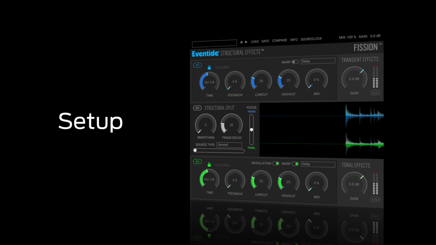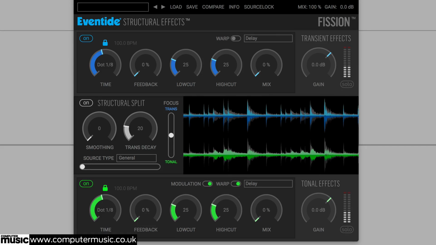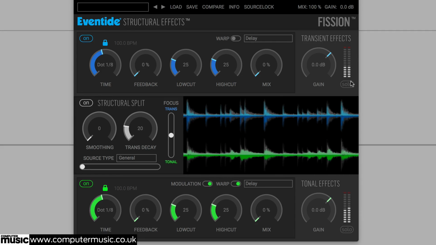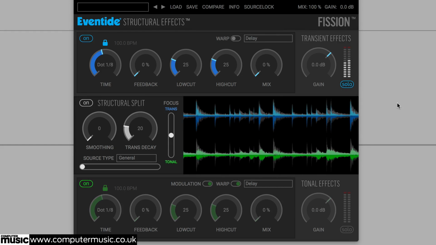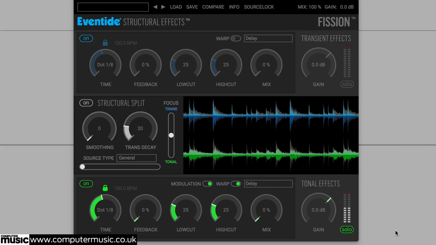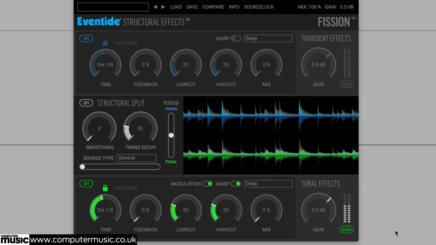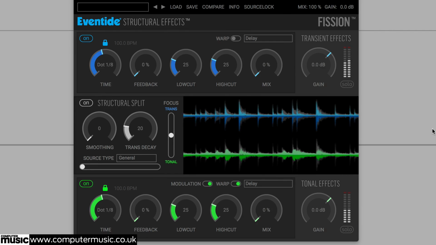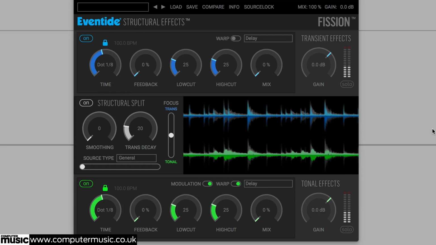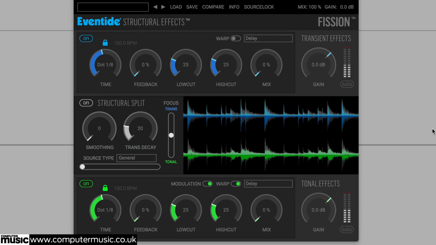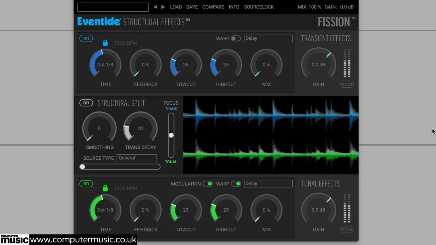Fission initially splits up the input signal into two discrete components. Transient, the sharp inharmonic attack portion that gives a sound its initial click or smack, and tonal, the body element of a signal that contains pitched, melodic or tonal content. As every input signal is completely different, you'll want to fine-tune exactly how the plugin splits the input signal. So before we dive in and start processing with Fission, let's look at how to set up the plugin for